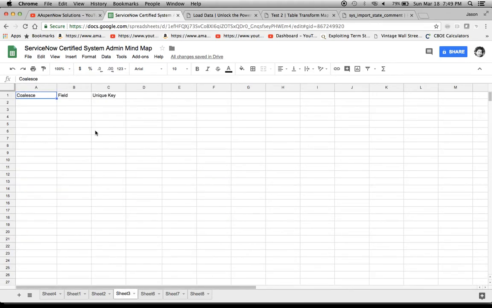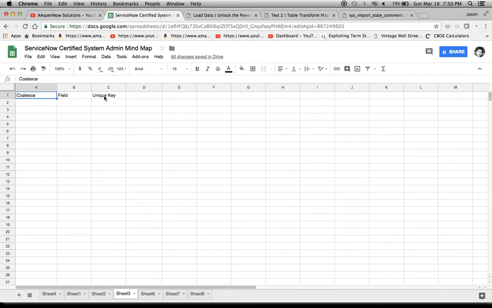So our third one's going to be, what does coalesce do, basically? And it's a fields and unique key. What coalesce does is when you're importing data into the system. Let's say you have a spreadsheet with user data. You're going to use coalesce to determine whether the data that you're importing should be treated as a new record or if it's existing. So whatever you define as your keys or your fields, the system's going to say, okay,